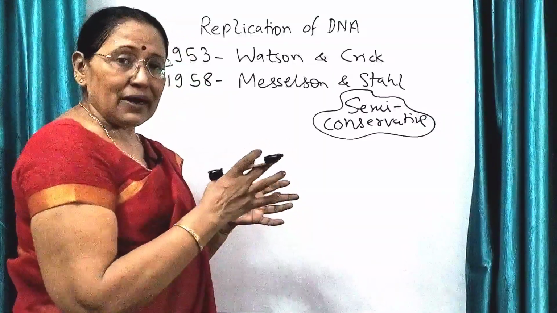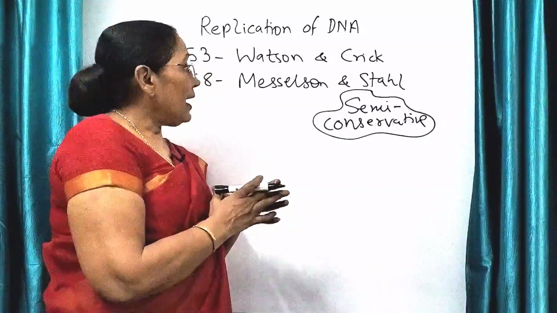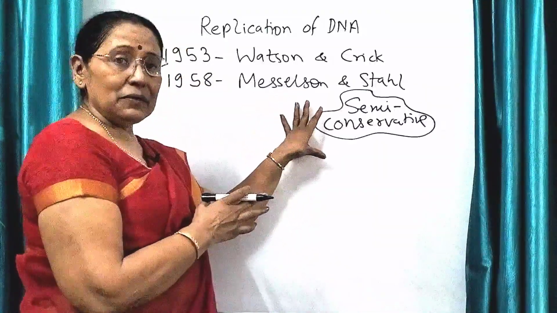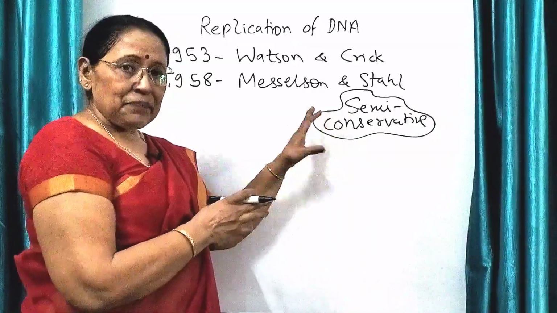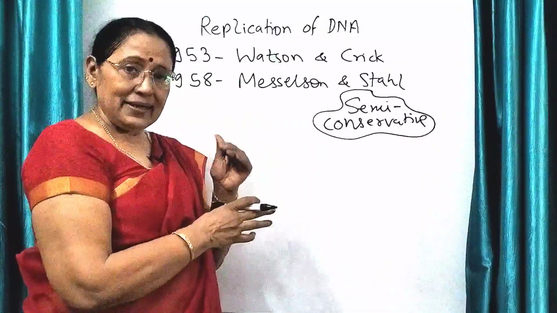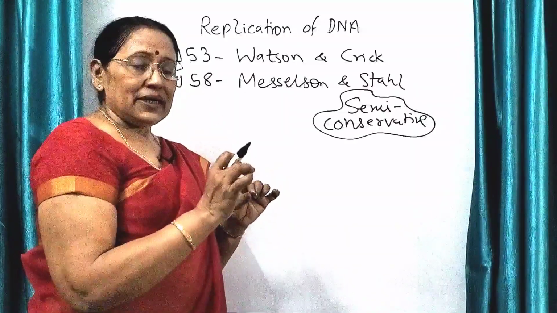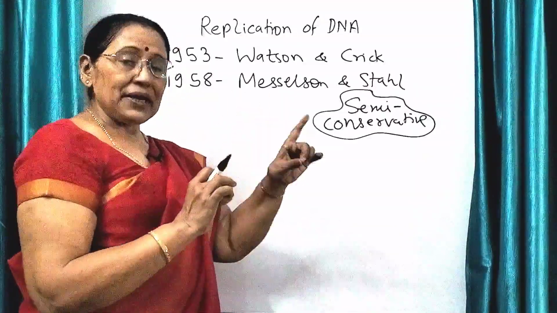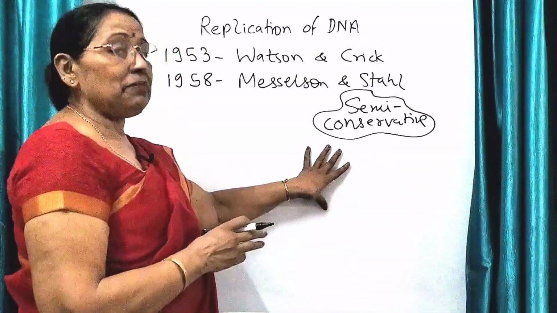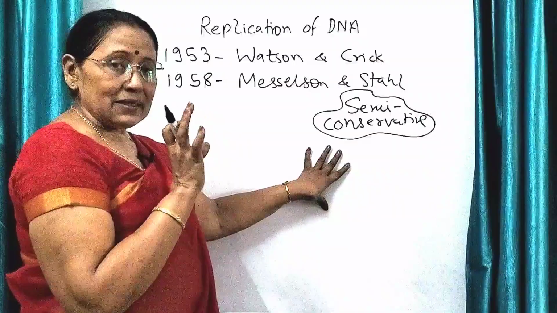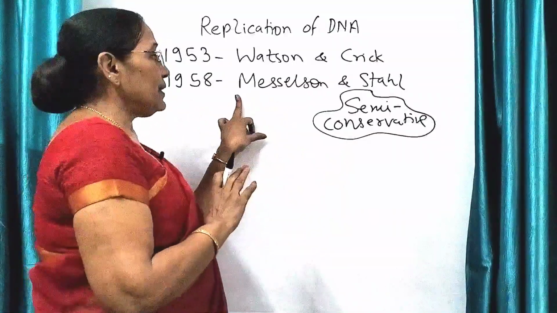Replication means to form a replica of itself, to form a copy of itself. And when Meselson and Stahl gave the proof that it is semi-conservative type, semi-conservative means from one parental DNA, 2 daughter DNAs are formed and each daughter DNA has one of the strands of the parental DNA and one new strand. That is called semi-conservative. Each one is conserving half of the parental strand. So the proof was given in